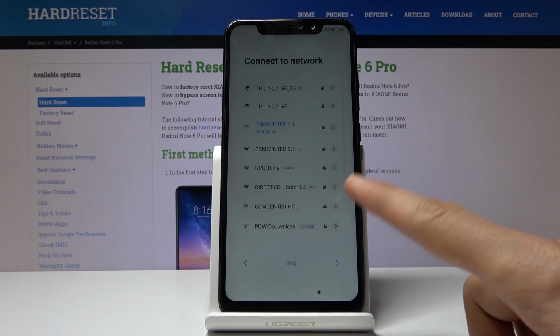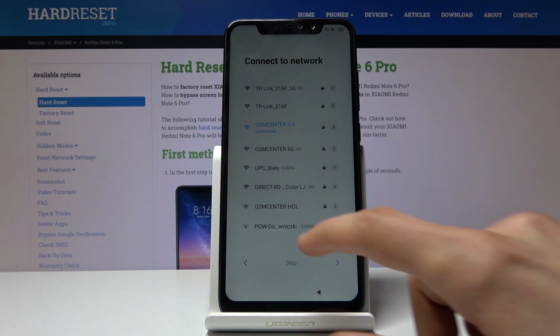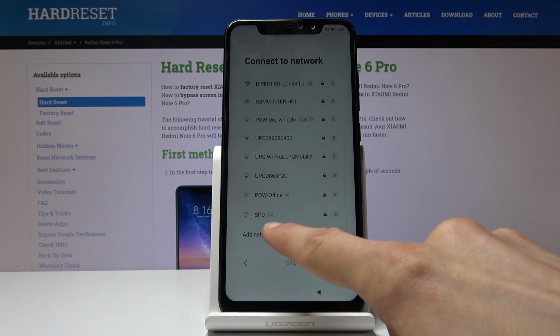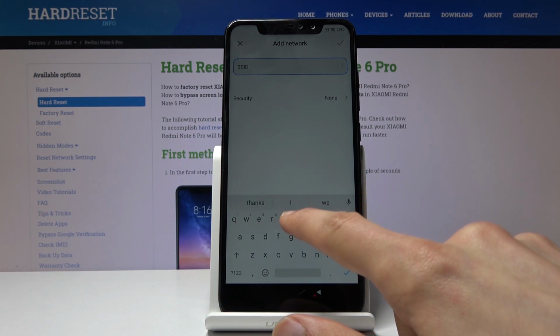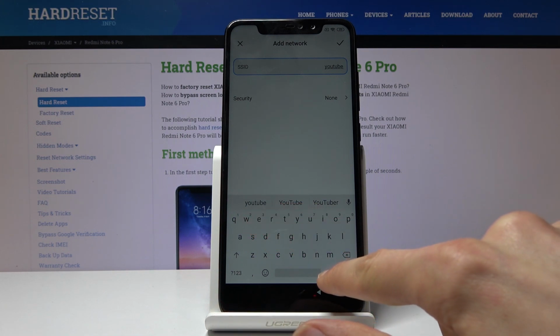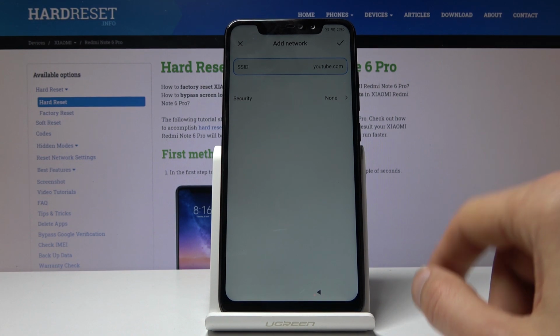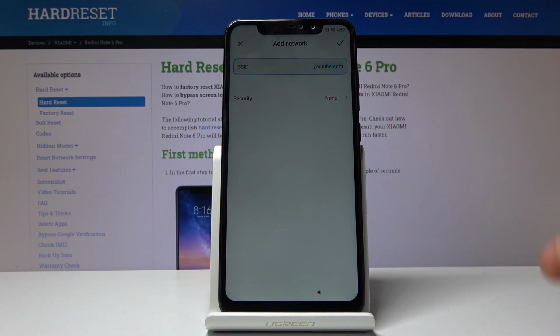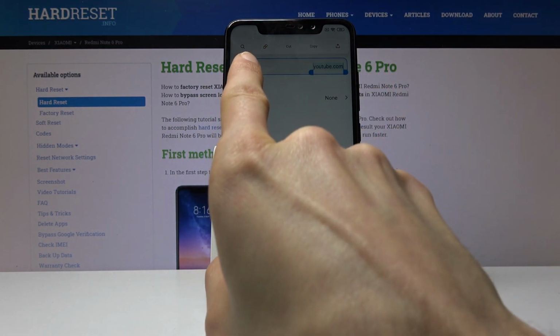Well, not really first, but to the Wi-Fi page. And you want to be connected to a network for this. So I already am, as you can see, and from here let's just scroll all the way down to add network, and then in the SSID you want to write youtube.com, then hold YouTube and it will pop up with a couple options, and we're interested in the share icon,